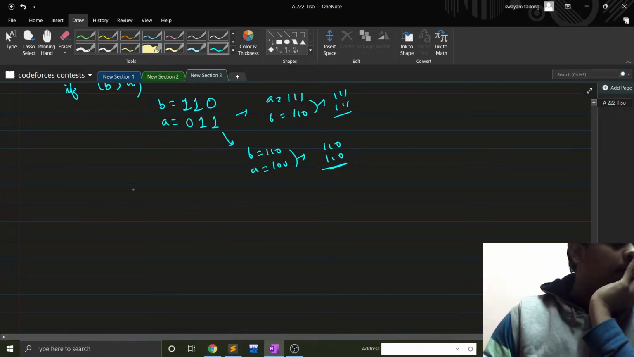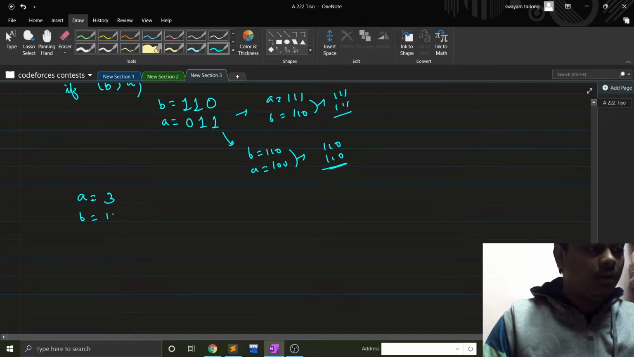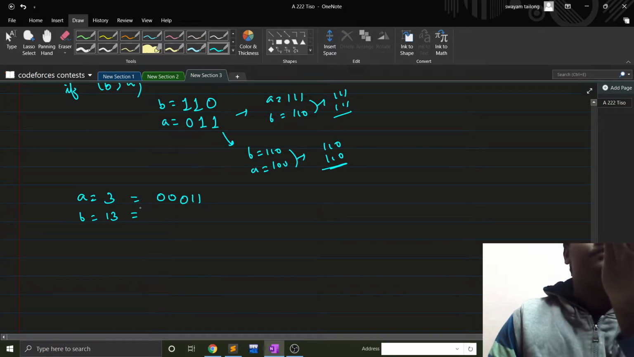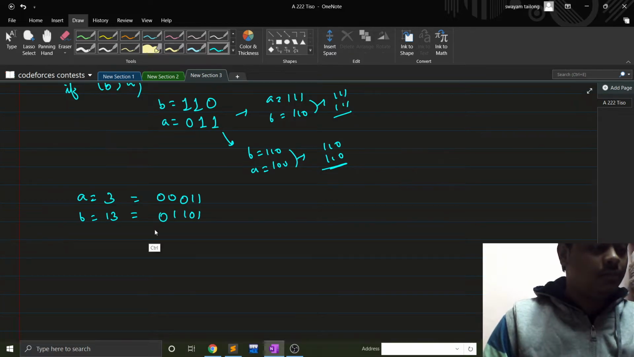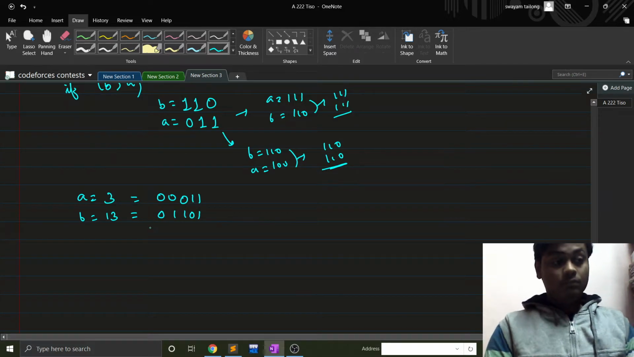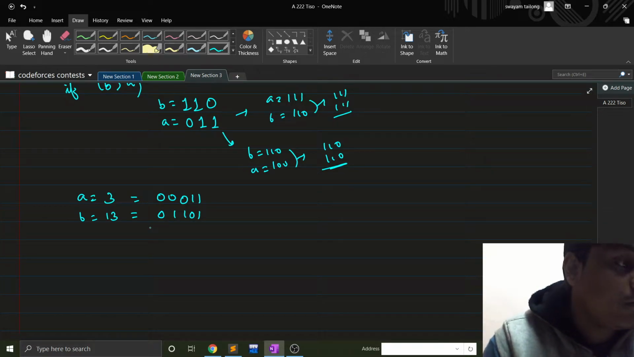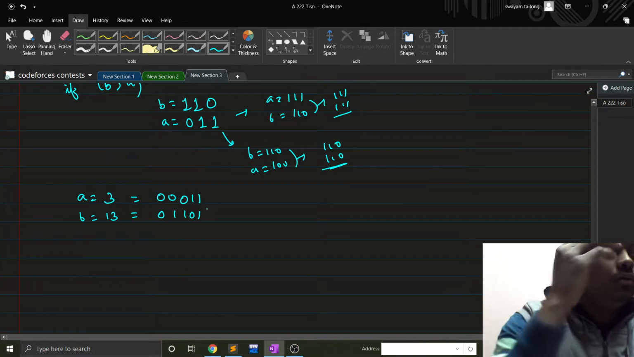Fine. Let us take some more cases when A is equal to 3, B is equal to 12. Not 12, let us take 13. So A is equal to 1 1 and 13 is this. Eight plus 4 is 12, plus 1 is 13, right? So if we do A as OR now,